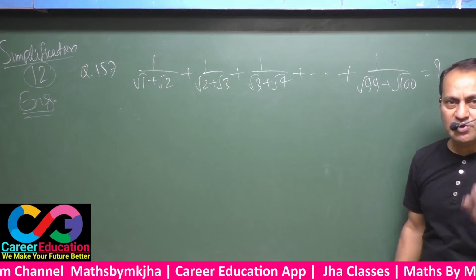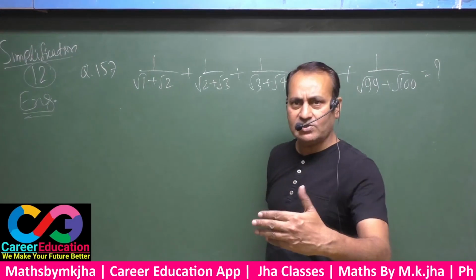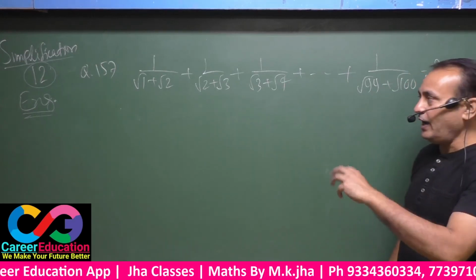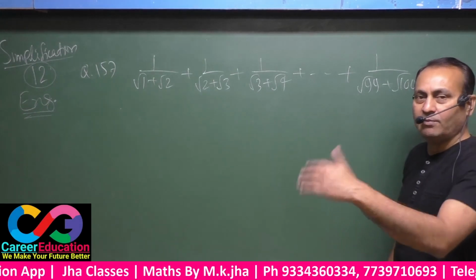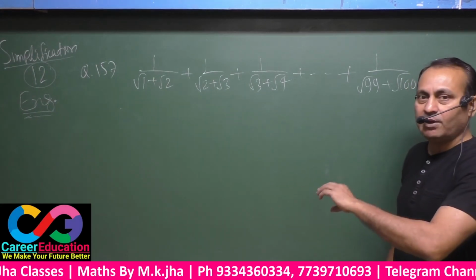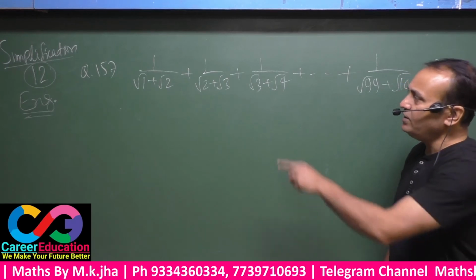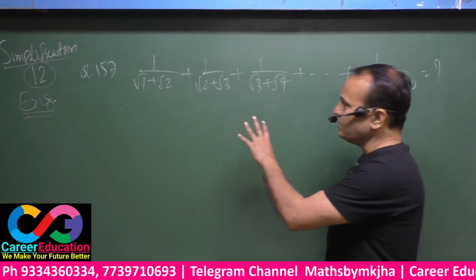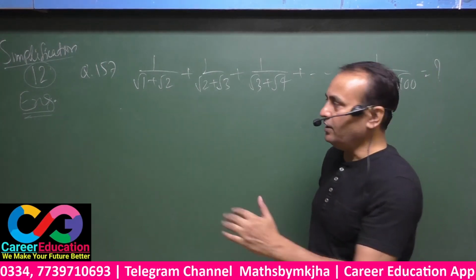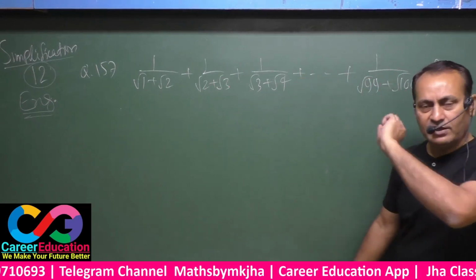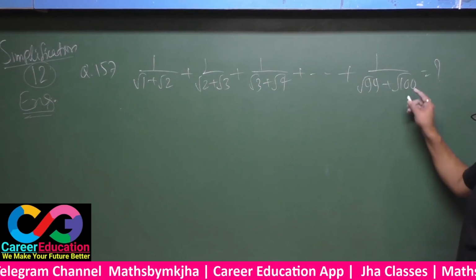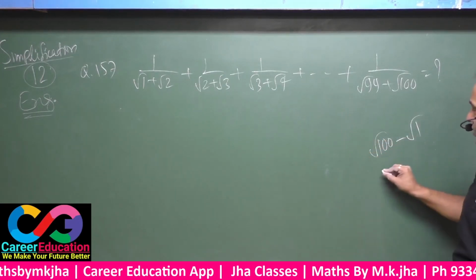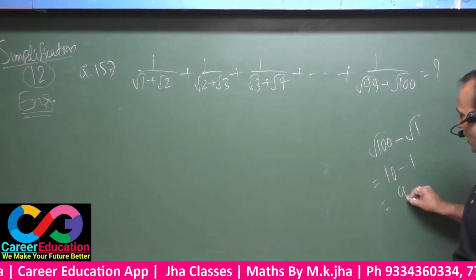In such type of situations, you can answer through tricks within seconds. See here, that means 1, 2, 2, 3, 3, 4, 4, 5, regularly at a gap of 1 only, all the numbers have been written from minimum to maximum, whatever may be minimum, whatever may be maximum. It is not compulsory that it must be 1 and 100 or something like that. Any numbers can be there at a gap of only 1, starting from anywhere and ending anywhere. In such a situation, your answer will be only the biggest minus the smallest. This is 10, this is 1. You got your answer, that is 9.